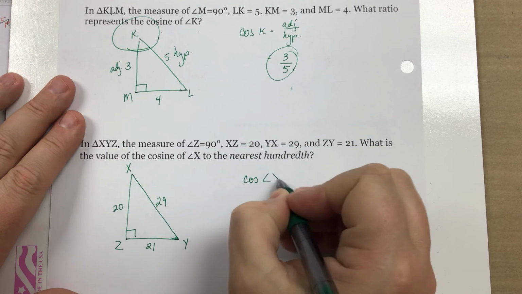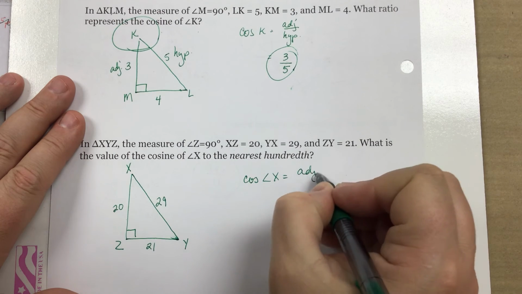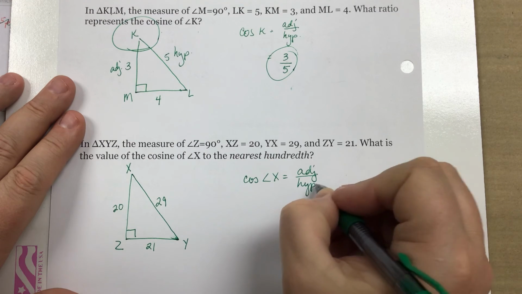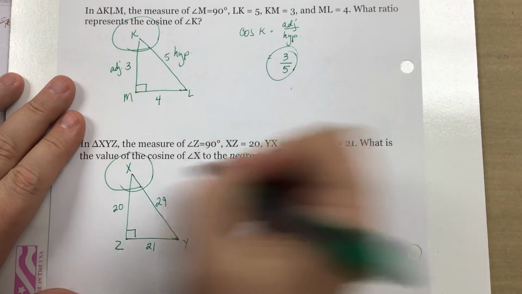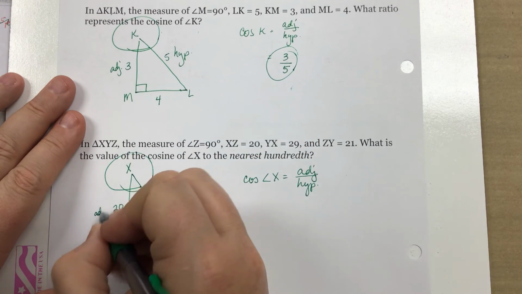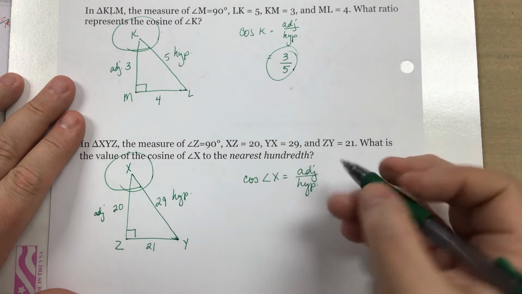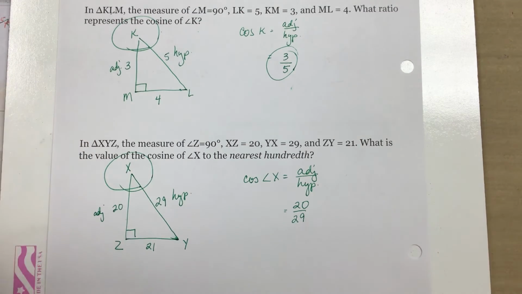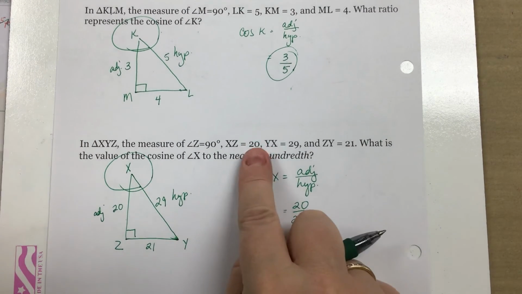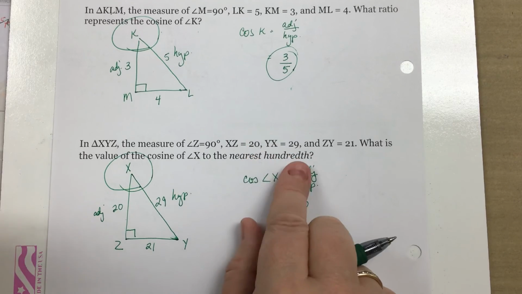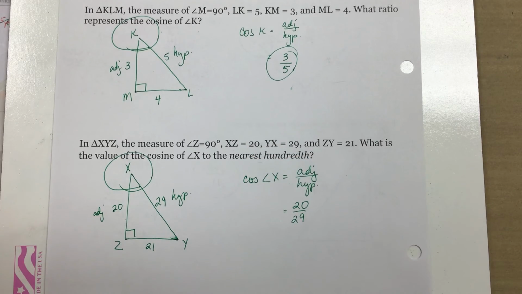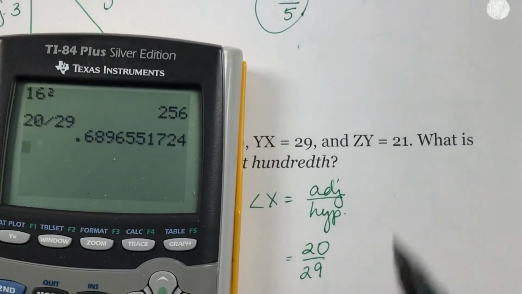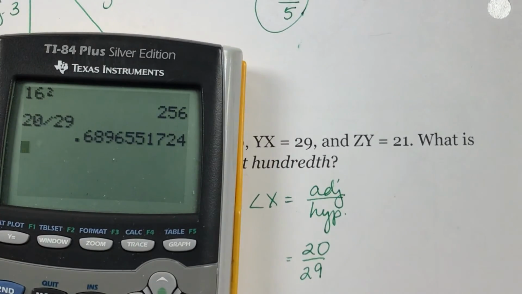So the cosine, again, in general, is just a trig ratio, adjacent to hypotenuse. So if I focus on X, adjacent is the 20, hypotenuse is the 29. So if I do 20 over 29, again, that's what it is as a ratio, but it wants it as a decimal rounded to the nearest hundredth. So if I take 20 and divide it by 29 on my calculator, and I zoom in so you can see it, so it looks like it's